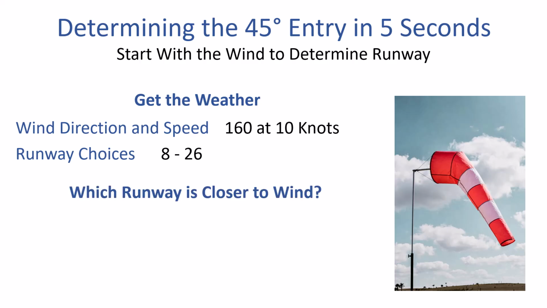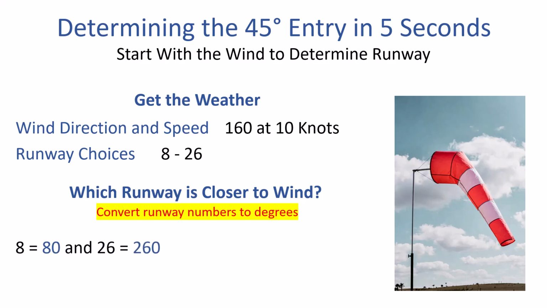All you have to do to determine which runway is closer to the wind is convert the runway numbers to degrees. The runway numbers represent degrees. You can't look at runway 8 and think 8, or 26 and think 26, because 26 is not what it means. It means 260 degrees. So 26 and 260 are a big difference, and I think that's where people get confused when it comes to the wind direction and which runway is more aligned with the wind. So if you convert 8 to 80 and 26 to 260,